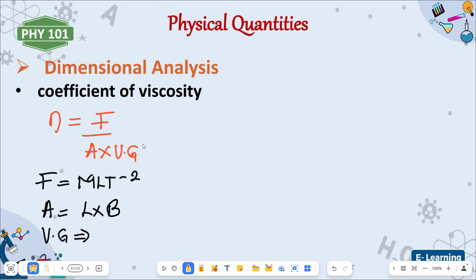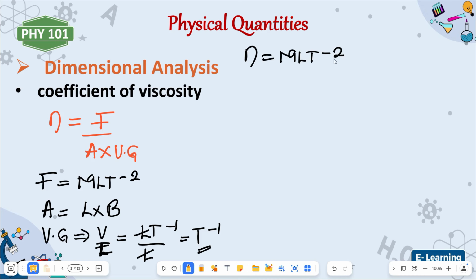Velocity gradient is, what do you say velocity gradient is? Velocity over time. So velocity gradient is LT minus 1 divided by what? Velocity over length rather, not over time. Velocity gradient is velocity over length. So all over L. When this cancels out, our velocity gradient will give us T minus 1. So if we substitute all of that into this equation, the dimension will be